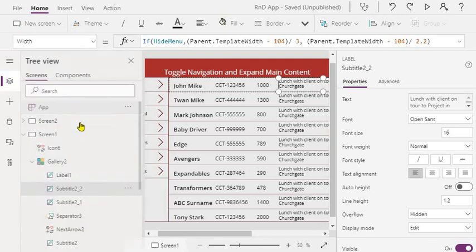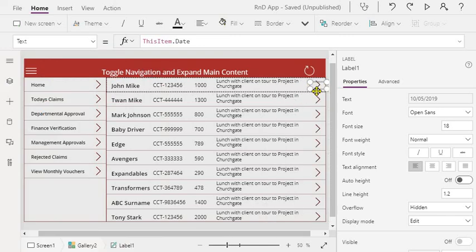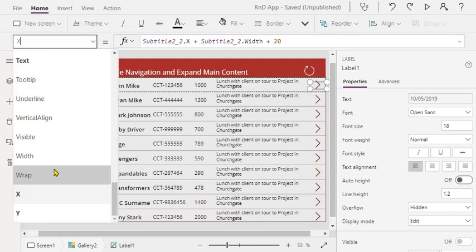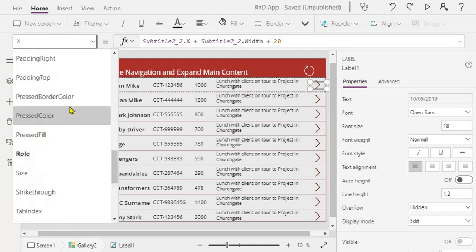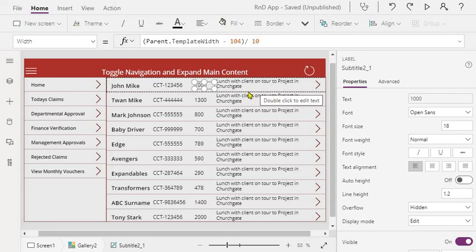So let me just pull out the navigation from here. So this is the label which will appear only when the left side navigation is hidden or toggled. So let me just show you the visibility of this control. When the navigation is hidden, this will be visible, and I have used a fixed width. Depending on similar relative width, you can use it for all of your columns.